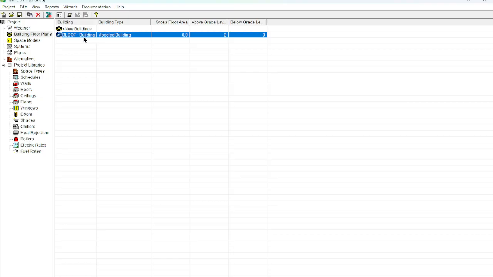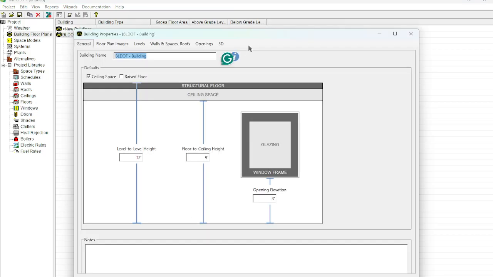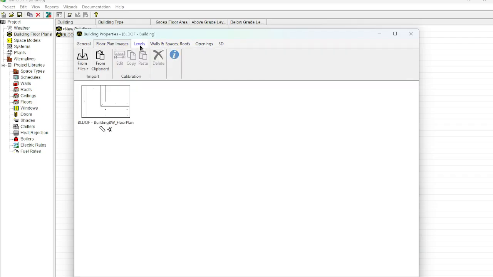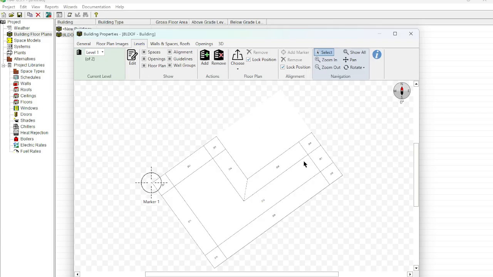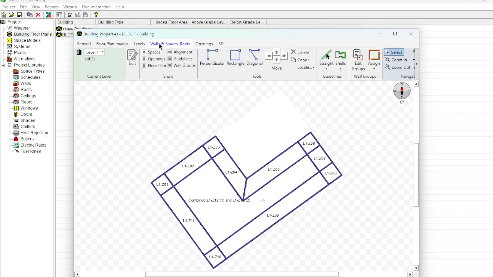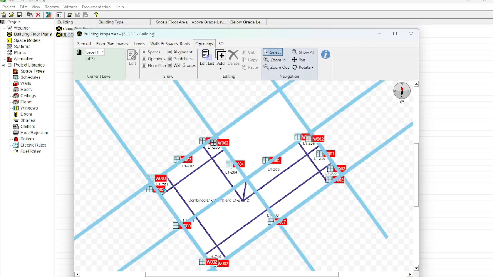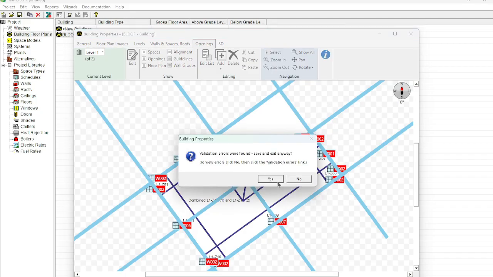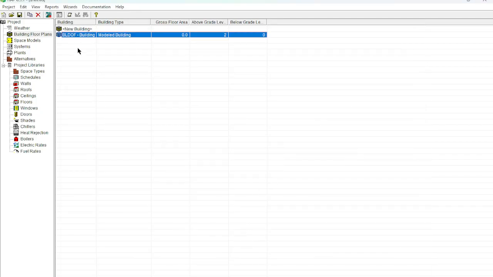All right. So that gives us our building. Okay. And we have all things related to it. So floor plan. We got our different levels. So we got 2 levels to this thing. We got space. We got the roof. We got openings, which are still screwed up. And I'll come back and do a different video on that one. We're going to say okay. And yes, I'm going to save without it. So that's the basics on the building structure and the layout. So I'm going to stop this video, and we'll come back and